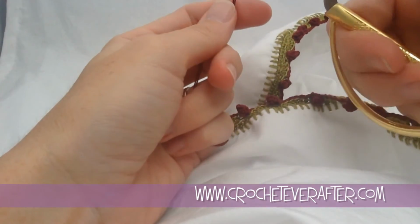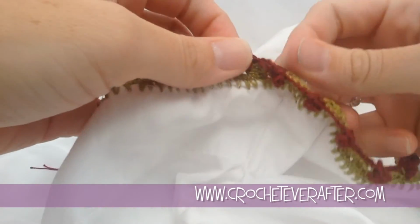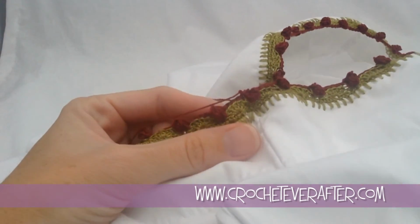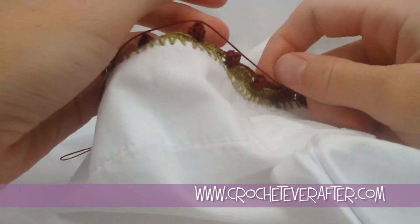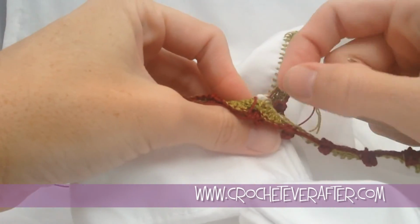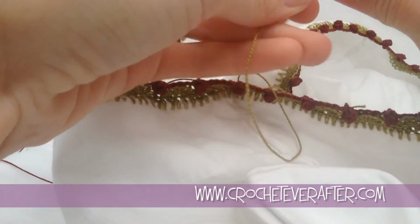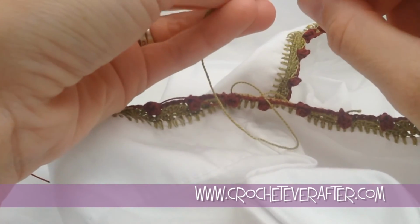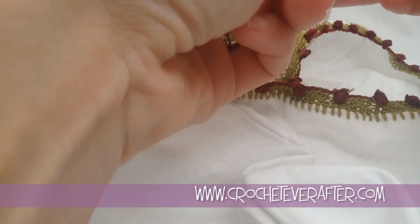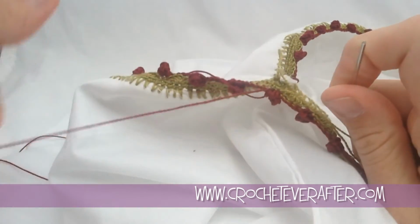So we have just a couple of ends to weave in. Find my tail and pull it, there we go. And you're going to want to use a pretty small yarn needle because this is such fine yarn, thread, crochet thread, whatever you want to call it. We'll start with the green here. You'll do the same thing for both colors. The red will probably be a little bit easier to hide because you can go inside of these roses, so you can kind of go in all different directions inside of a rose. So for the green, move the red out of the way here,